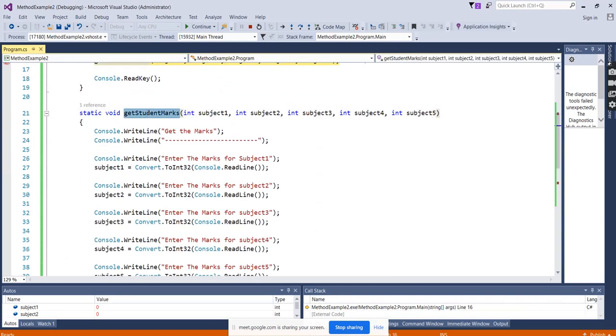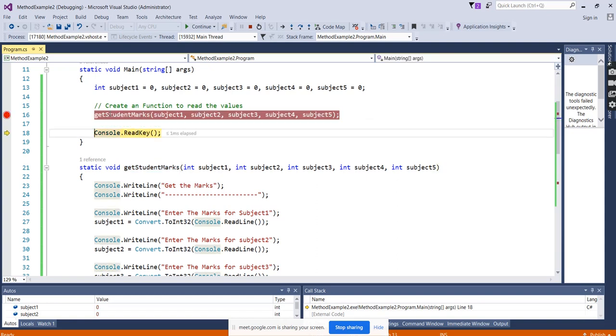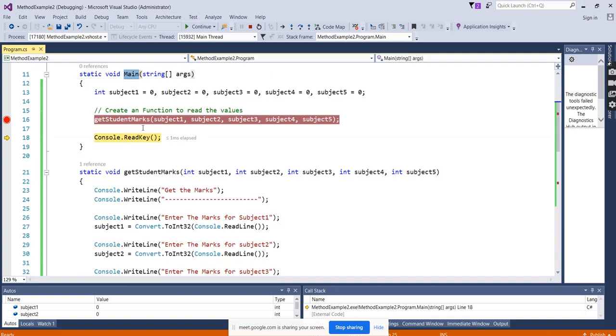From get student marks, where it is called from the main method, it came back here, then it will continue from the main program again. So definitely the starting point is the main program. From the main program we are calling the methods. So again after calculating, even while closing, it will go back to the main method itself, right?